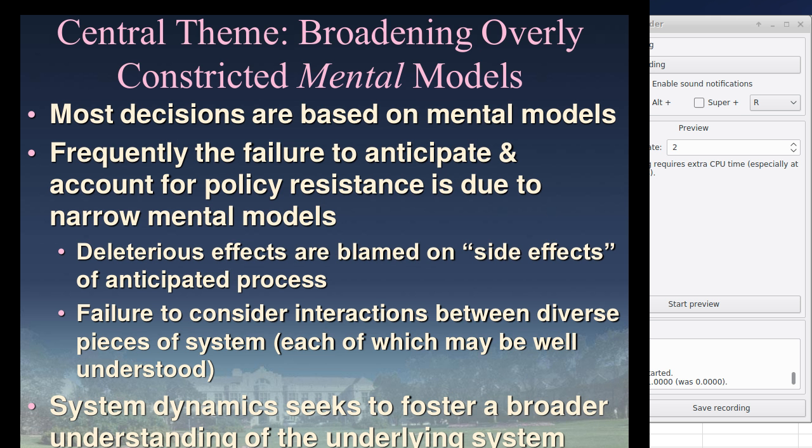Okay, so a central theme of system dynamics. When we look at these modeling approaches, it's very easy to get caught up in the particulars of how they describe the situation, the building blocks that we use to describe it. And there are some interesting differences you'll see between them. Stocks and flows in system dynamics, and over on the agent-based modeling side, we have a very different set of ways of describing behavior. But what I want to highlight is that the most fundamental traditional difference that has divided these